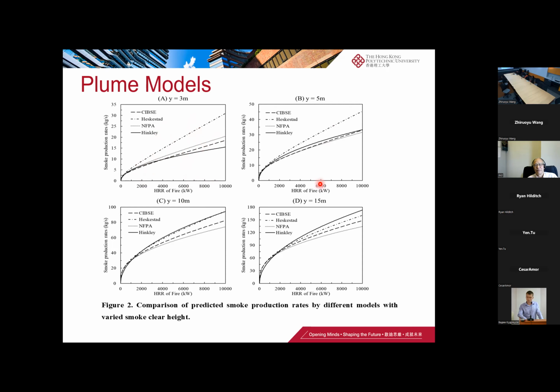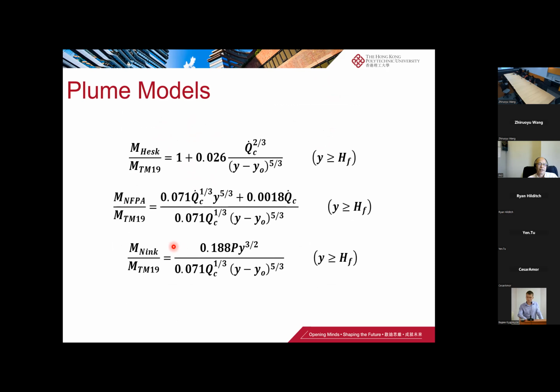So all other smoke clear heights give similar results. So they do have influence from the water origin and also other parameters. To further investigate the difference of these four models, what I tried to do is I use the SIPC model